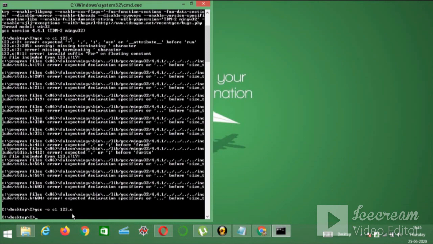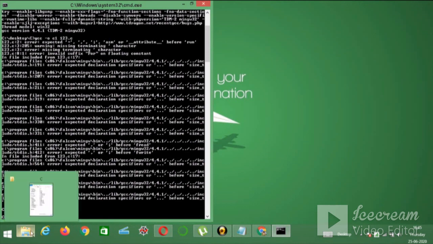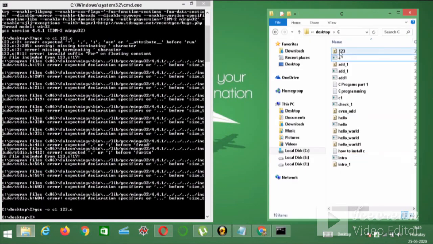There are no mistakes now. If we go to the folder, you can see that there is the source code 123 and c1. This is an executable file.